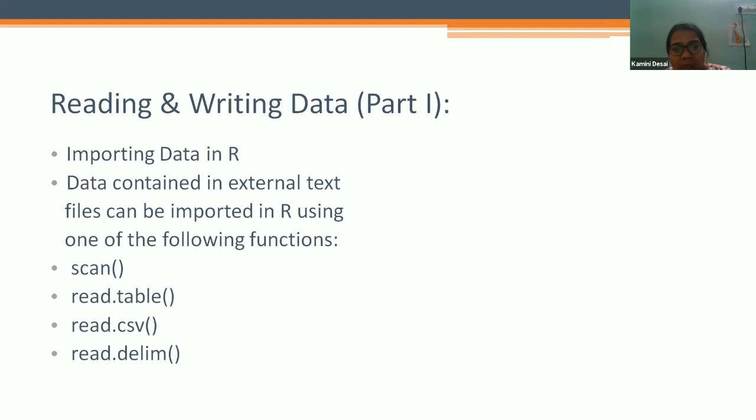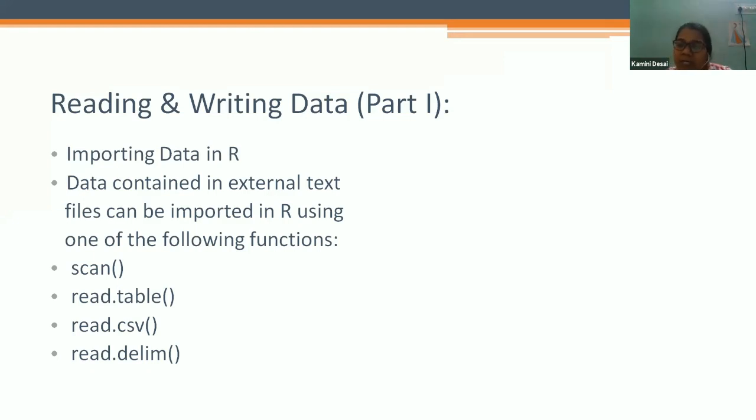And CSV means comma separated values. If we have data with 3, 4, 5 in one line, and in the second line 5, 6, 7, like that, we first have to save that file in CSV, and then we can read that CSV data in R.